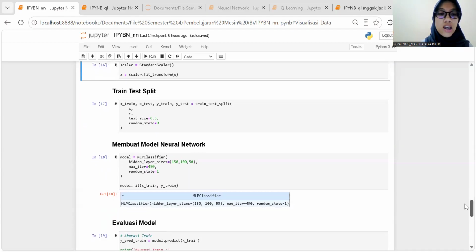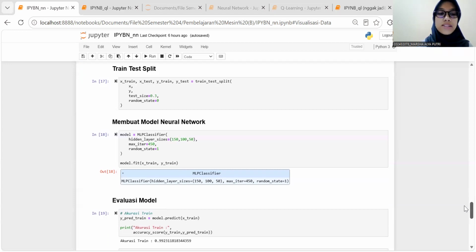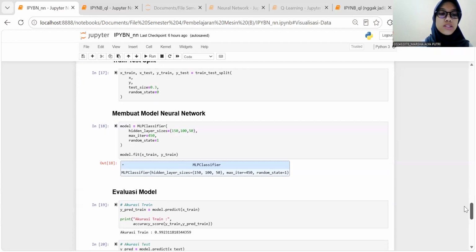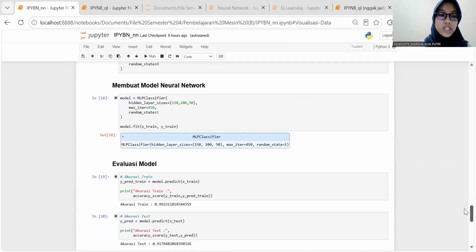model's performance. And now we create the neural network model using MLPClassifier. Our model uses a hidden layer with 150 neurons and a maximum of 450 iterations.